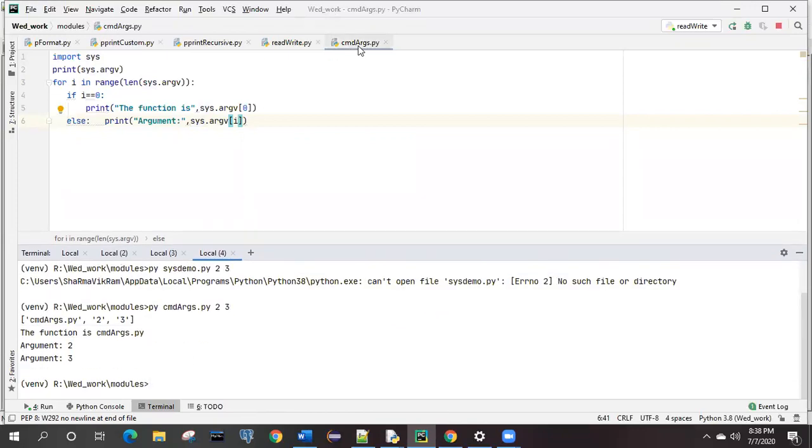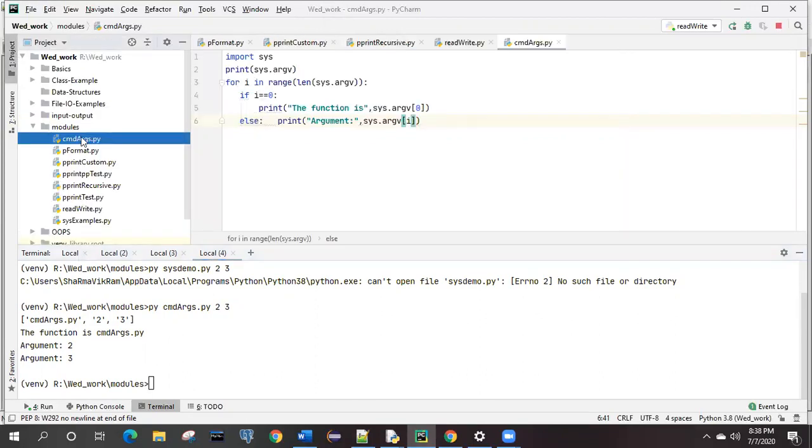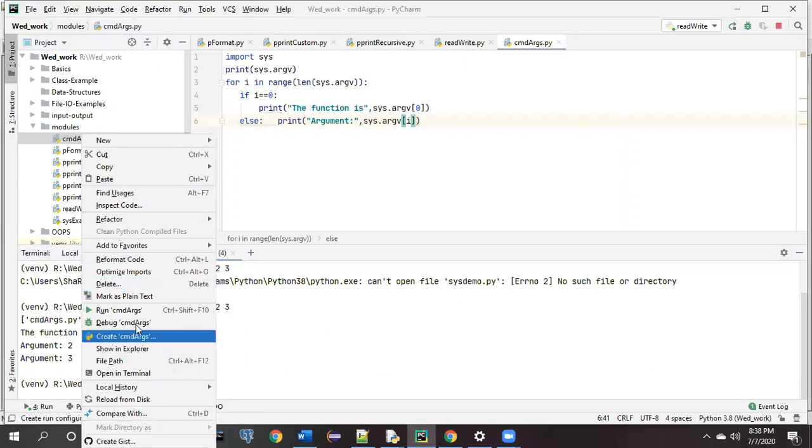This is the file. What we can do is go to the location of this file, either from the command prompt, the normal CMD from Windows, or in these editors they have provided a similar facility. Here, right click, and it will give you the option Open in Terminal. Terminal is a concept, if you are familiar with Linux or Mac, where we use the terminal instead of the command prompt.